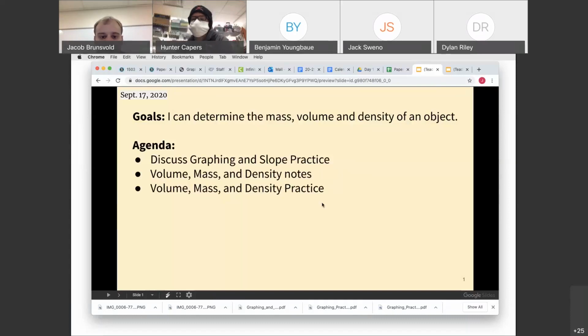So we're going to discuss the graphing and slope practice. Then we're going to go over some notes for volume, mass, and density. And then you're going to have some time to work on the practice for volume, mass, and density. Okay, so let's start